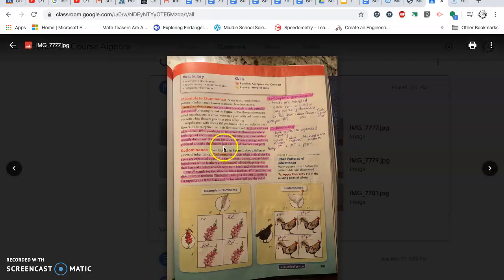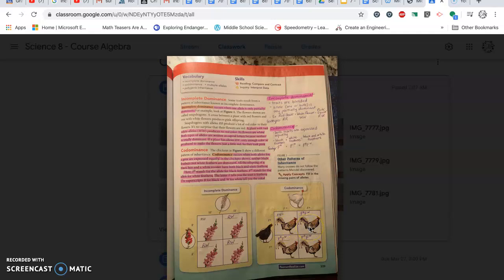All right, codominance. Codominance is like incomplete dominance in that, for instance down here with the chickens, you have a chicken with black feathers, and we designate that as capital F with a superscript of B to say black feathers. And then you have a chicken up here that has white feathers, and we designate that with capital F with a superscript of W. And when we cross a black and a white chicken, we get a bird with black